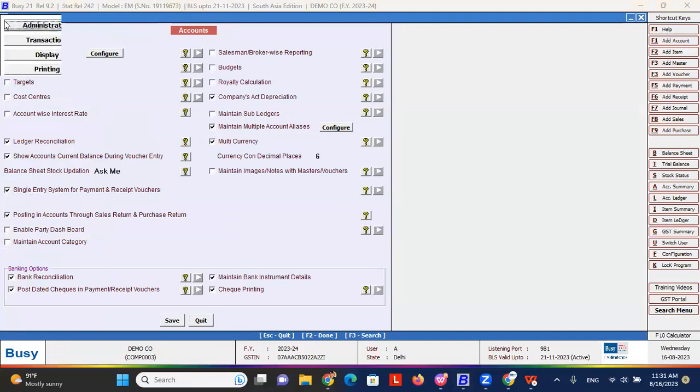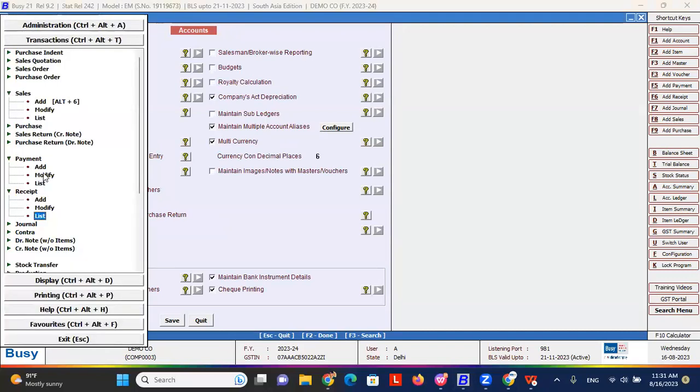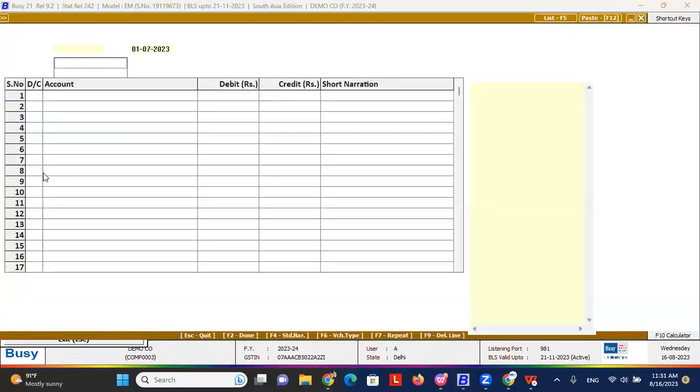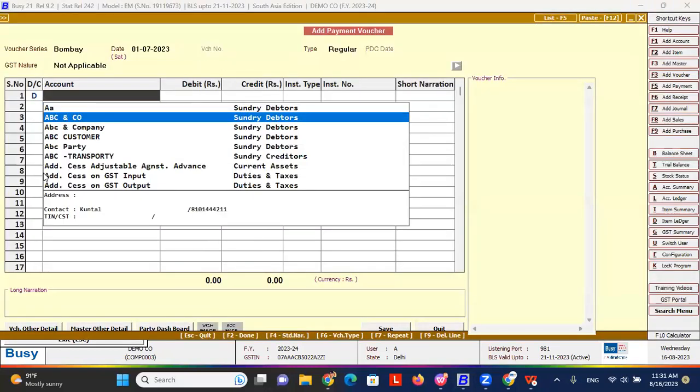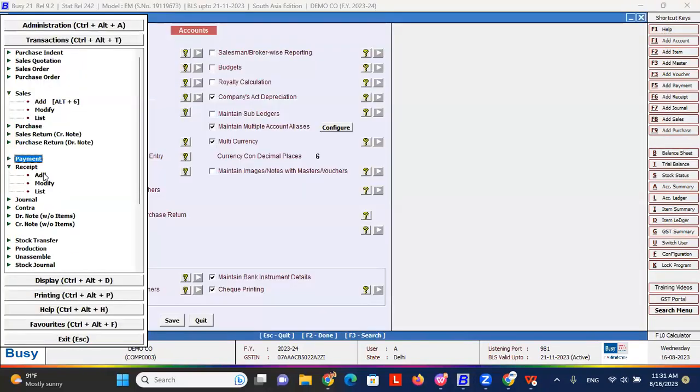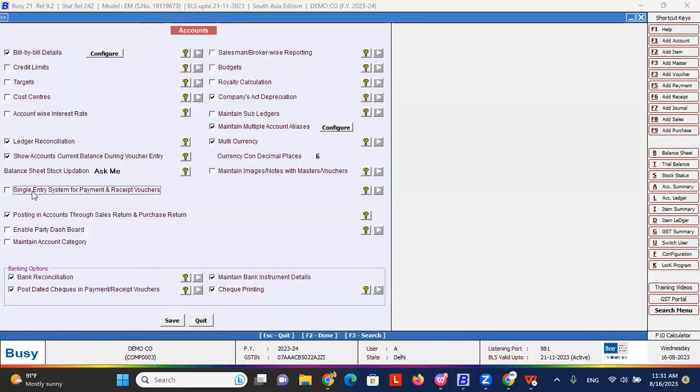Now in the double entry system, how does it look, let me show you once again. In the double entry system, your payment and receive module looks this way. You have to mention the debit ledger and the credit ledger. So this is called the double entry system, where you have to mention the debit ledger as well as the credit ledger. But in case of the single entry system, if I enable this single entry system and save this,